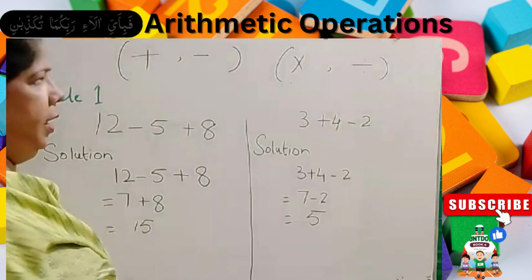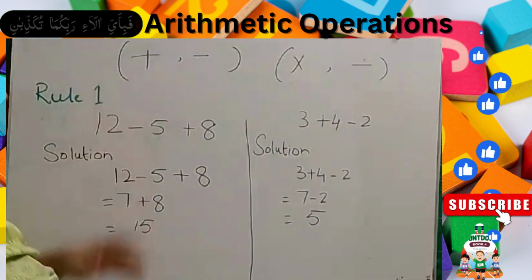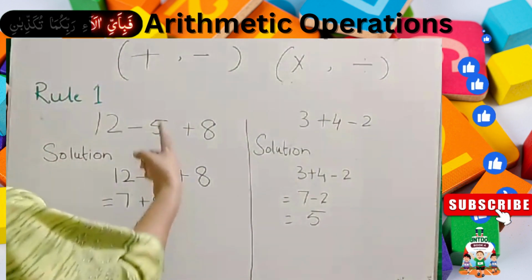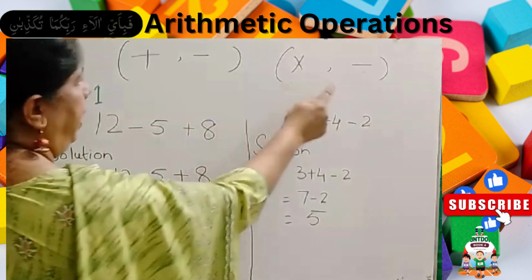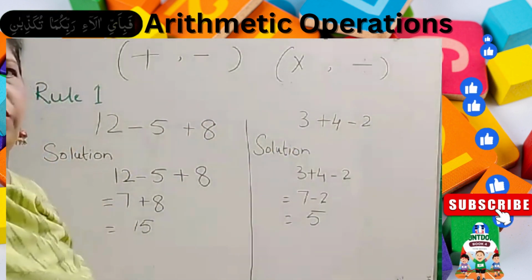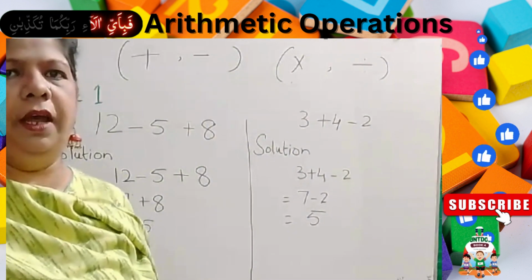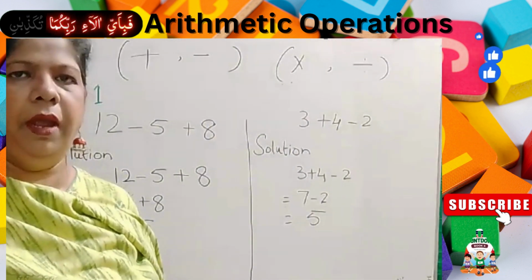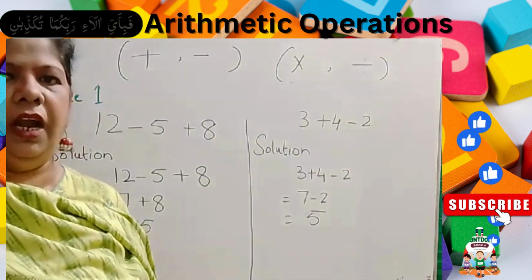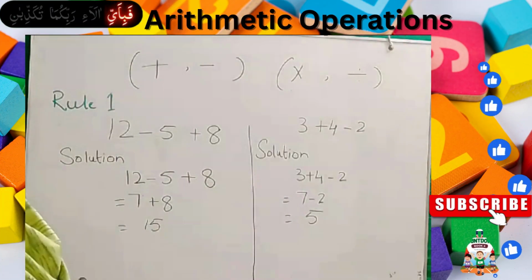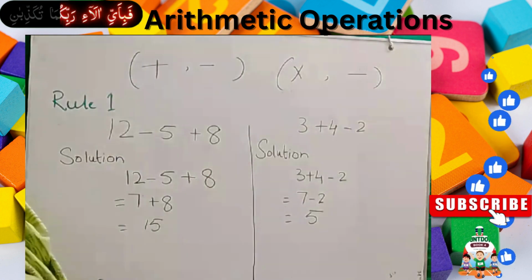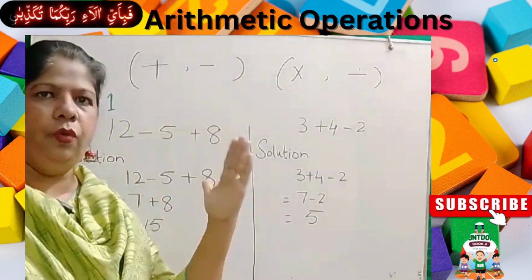Today our topic is arithmetic operations. In arithmetic operations, we will have plus, minus, multiply and divide. As you all know, we have previously done plus and minus, multiplication and division. If we have 12 minus 5 plus 8, first of all, we have to start